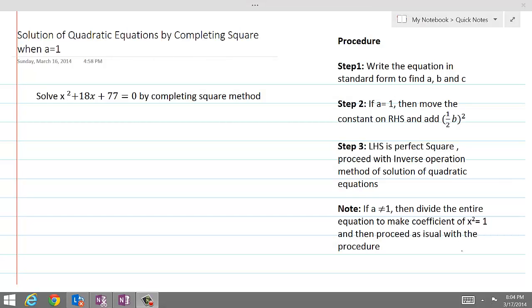Solution of quadratic equations by completing the square method is a great way to find solutions of quadratic equations, which works best in almost every situation. Let's get started with this question to familiarize ourselves with the procedure of finding solutions of quadratic equations by completing the square. So the given equation